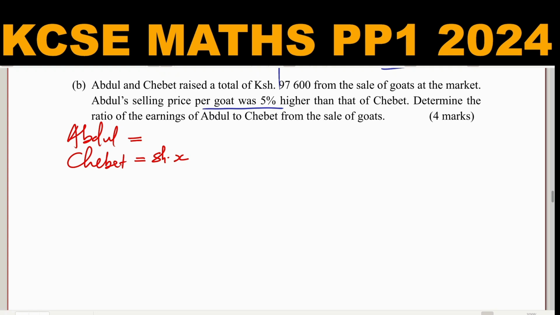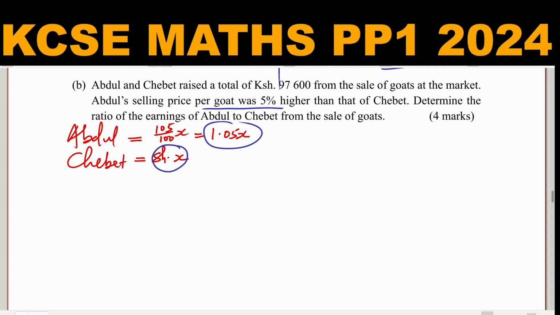100 plus 5%, that will be 105 over 100 of Chebet, that is X, and this will give 1.05X. So this is the selling price per goat of Chebet, that is X, and then Abdul, having sold 5% higher, it will be 1.05X shillings. So now after we get that,